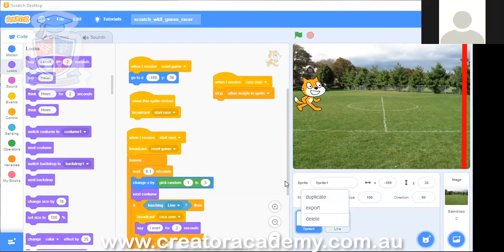Yuan, you can't see the duplicate button? Yeah, whenever I press the right click one, there's nothing coming out. Only the cat is blue. Are you using a mouse or a trackpad? Mouse. Can you make sure you're using the right click button? It's not the button that we're used to clicking. It's the other button. Done? Excellent, Yuan.